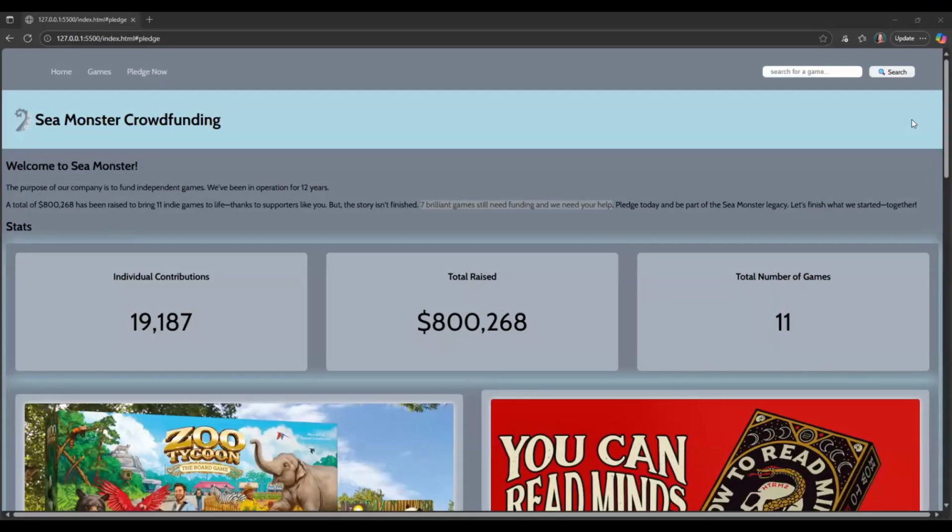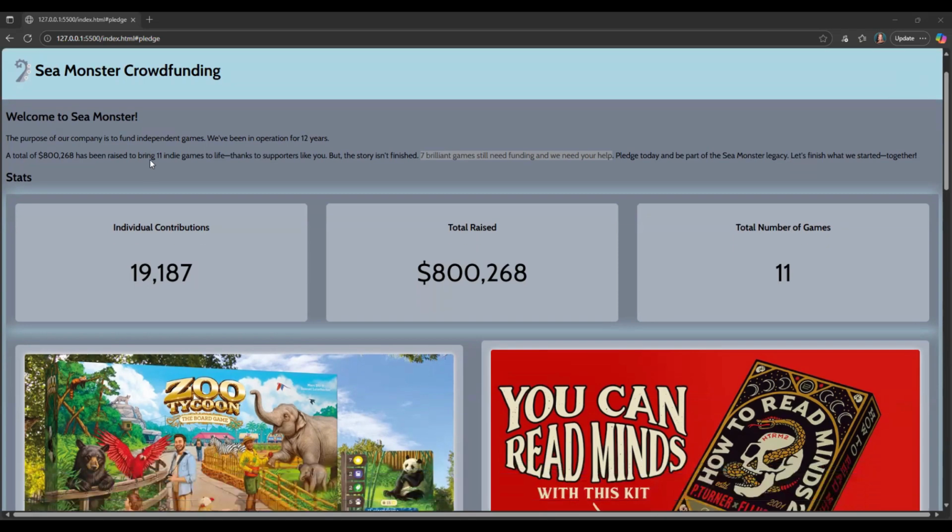This site showcases Sea Monster Crowdfunding, a company that funds indie games and highlights both their impact and the games still seeking financial support. First up, the introduction section. This gives a quick overview of the company, how many games remain unfunded,